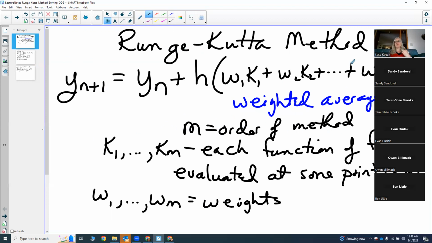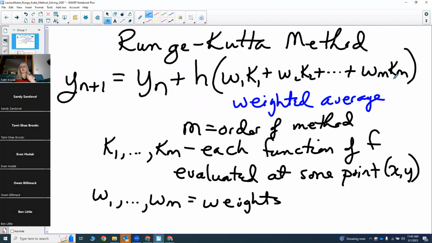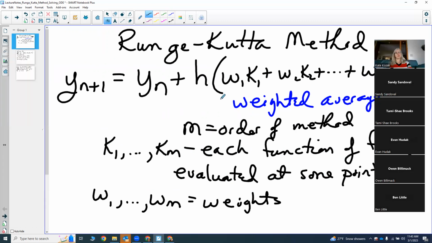M is the order of your method, M being how many divisions, how many weights you're going to have. So this subscript of M is how many weights you're going to have. You're going to add up all these weighted averages, all these functions evaluated at each of these points, and then have all these weights. And this is really obnoxious to do by hand. So this is why we have computers that do this for us. And so you're going to use